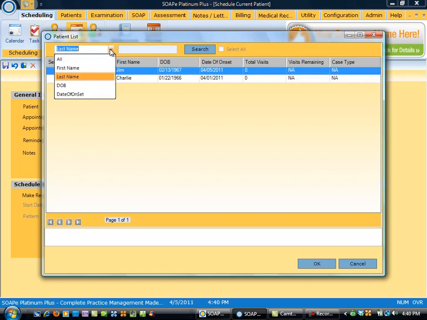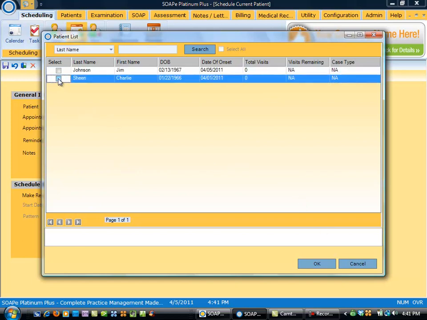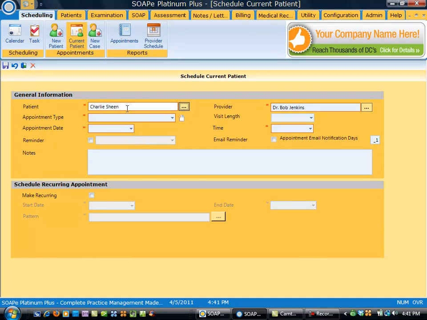You can search for a patient based on their last name, first name, date of birth, or you can just put in all and search if you have a lot of patients in the database. Keep in mind that there's several pages here that can appear as well, so if you have 100 Smiths in your system, you may have to go to another page to find the exact one you want if you're searching by last name. So once again, you would just select the patient, hit OK, and the patient would be in there,